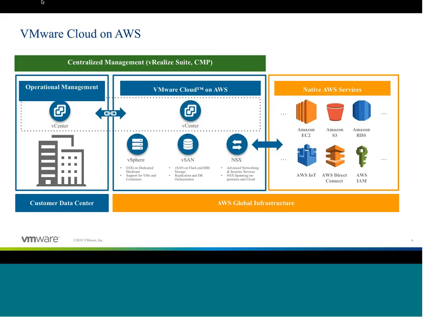In addition to that, we have worked together jointly with AWS to provide capabilities where from the VMware Cloud on AWS SDDC, you can access native AWS services like EC2 instances, S3 buckets, and so on. And one thing to really take away from this slide is the NSX is providing all,